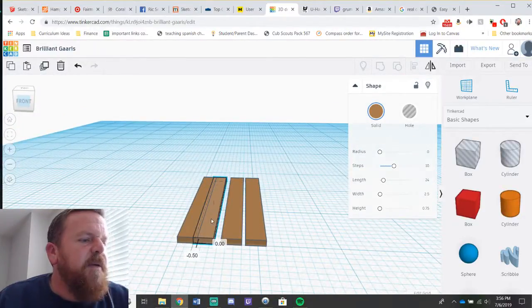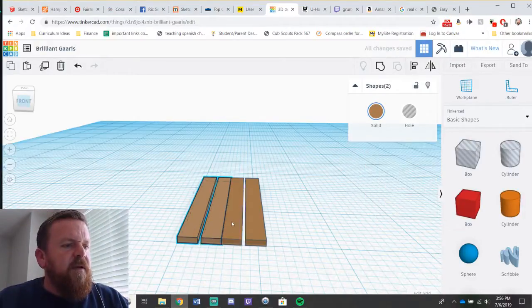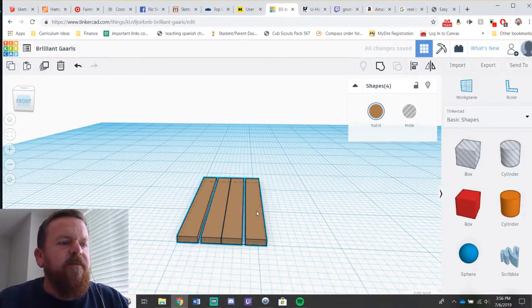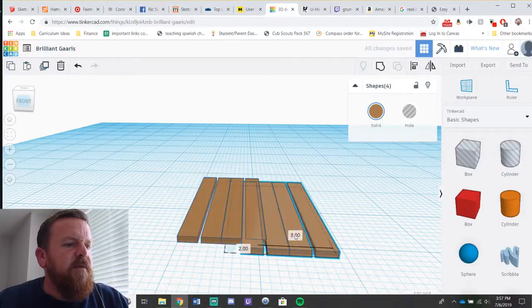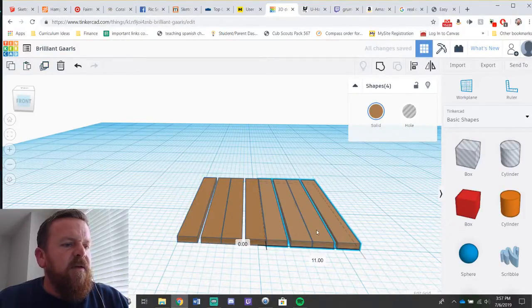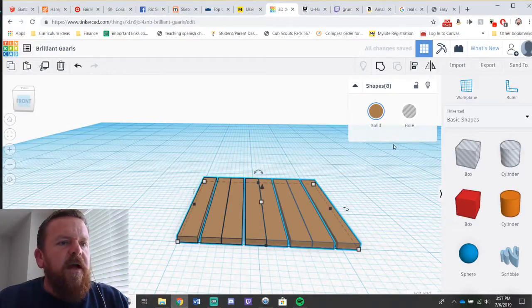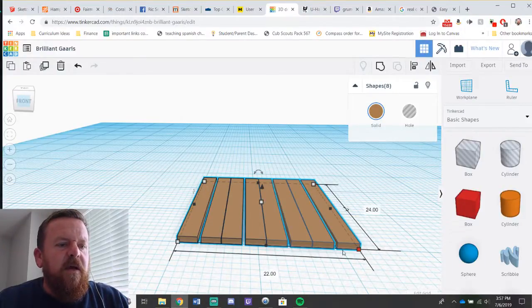So I wonder about this. What if I grab a bunch of them? Is there some way to duplicate and repeat? What does that do? Yeah, alright. I need this whole thing to basically be... Okay, 22.